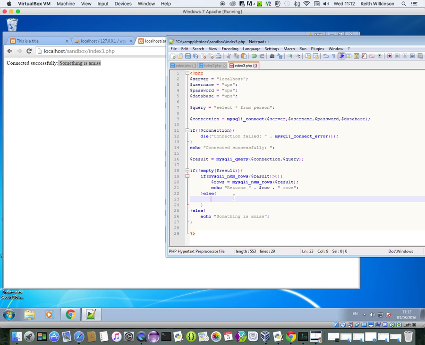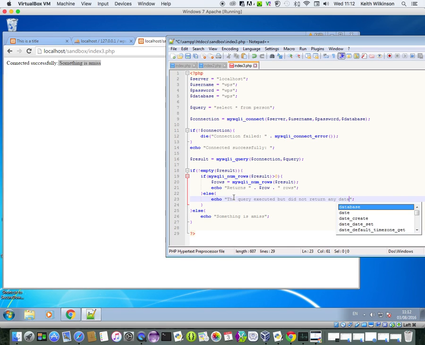And this else is going to contain another print statement, echo query executed but did not return any